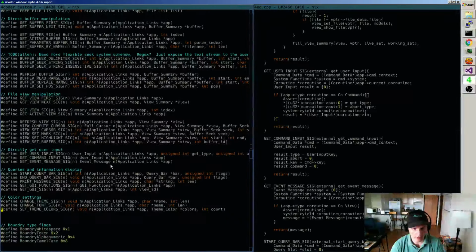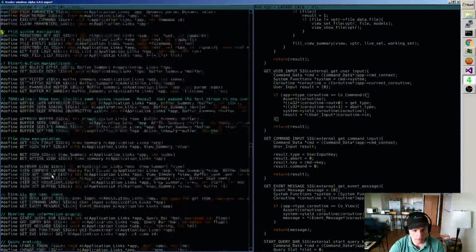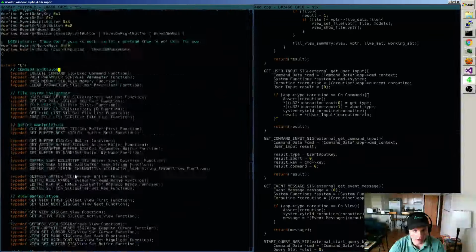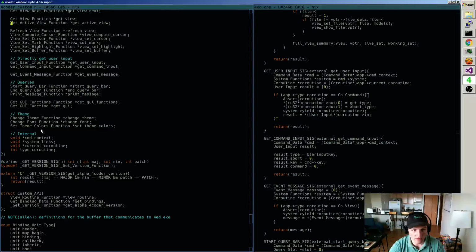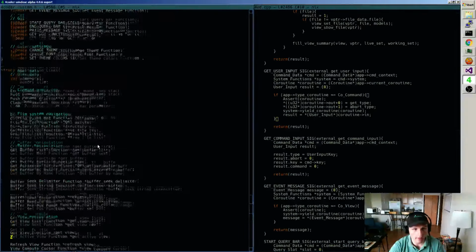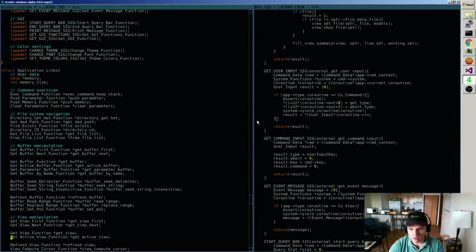And so on. I think there's a few others. We probably don't need get commands input anymore because of reasons that will become clear in the future. And then there's a bunch of new stuff coming in, and all the changes I have to make, I just don't feel like doing them by hand. So what I want to do is generate all of this code that does all these defines, all of this code that then does all the type defs for those defines, and then all of this code that drops those defines into the apps links struct. So that's what I'm going to do first.